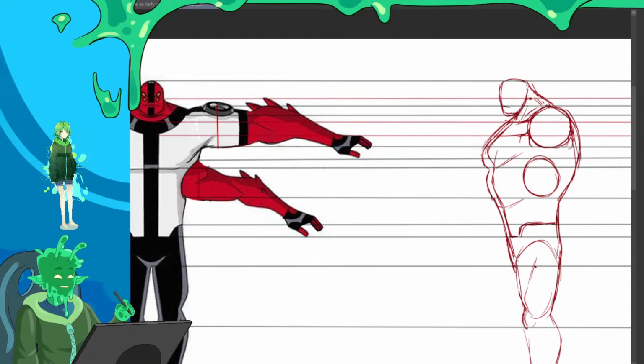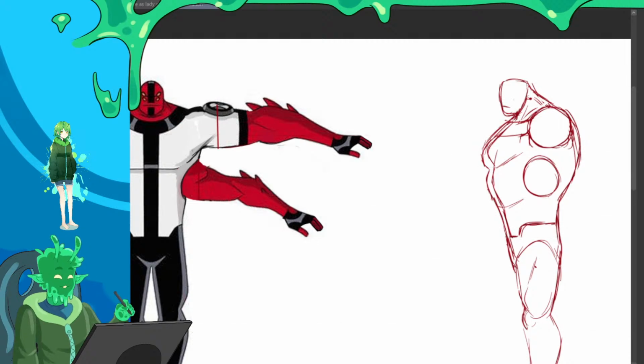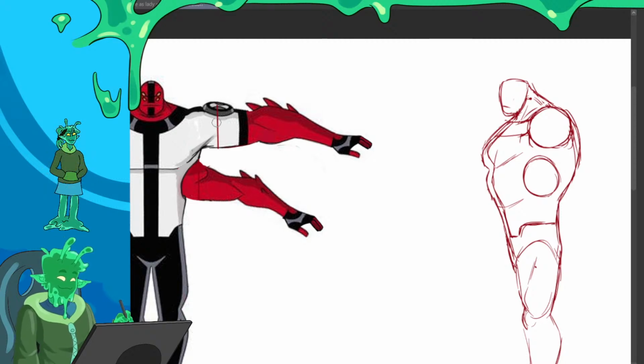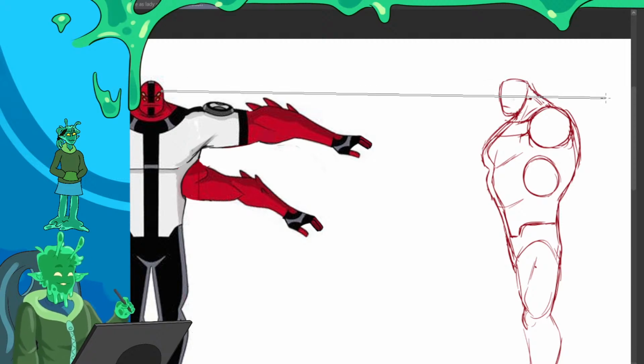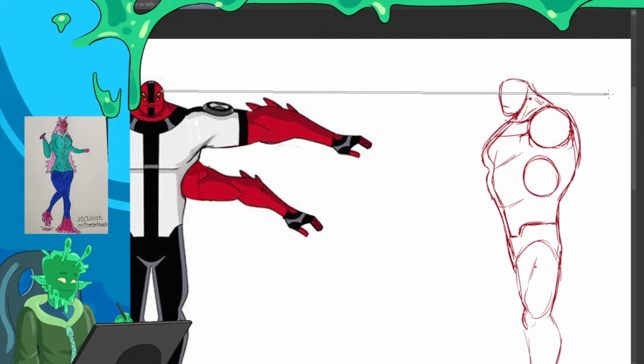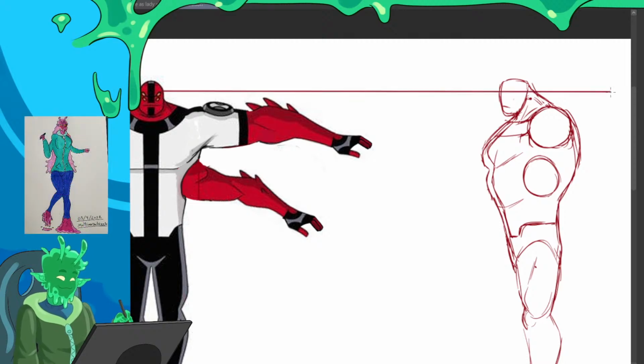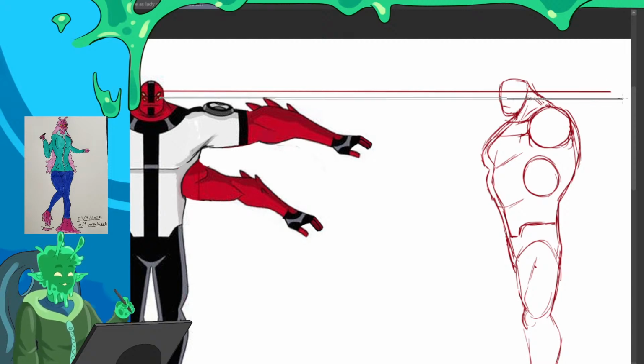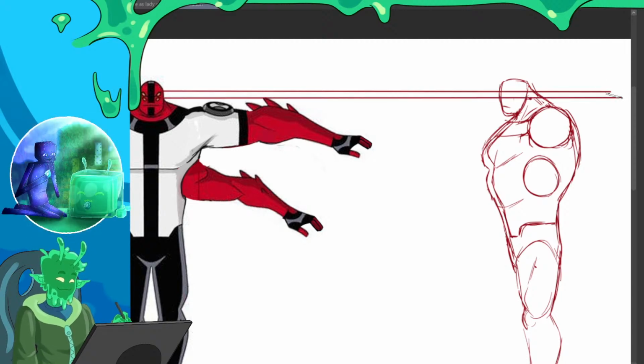And then eyes. I'm actually going to delete this, and I'm going to go, there we go. Grab a new layer. I'm going to put the top corner of each eye right there.